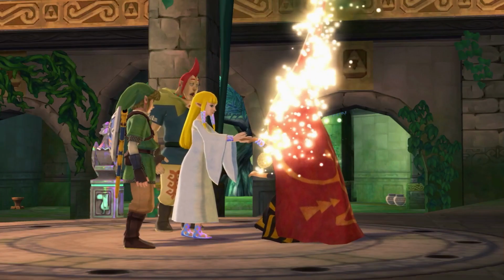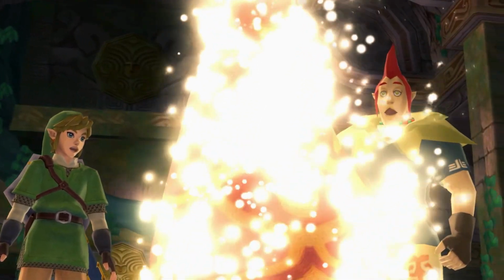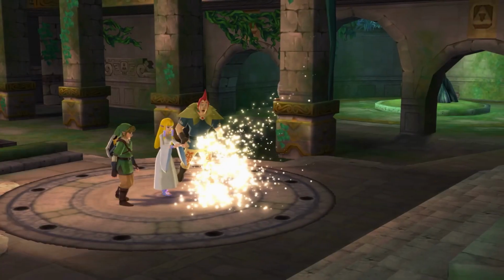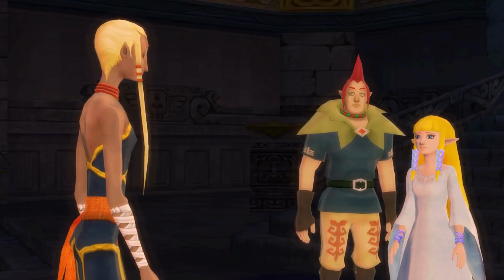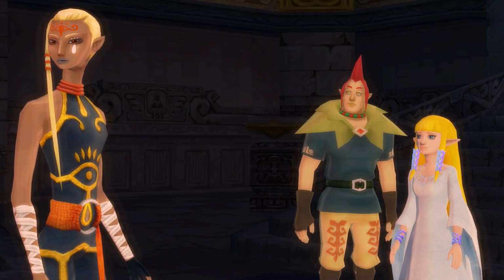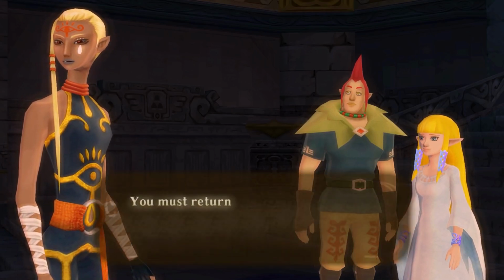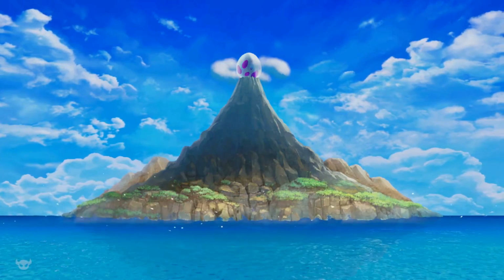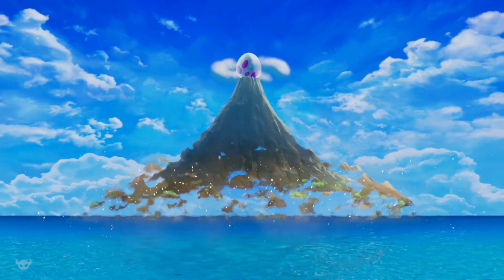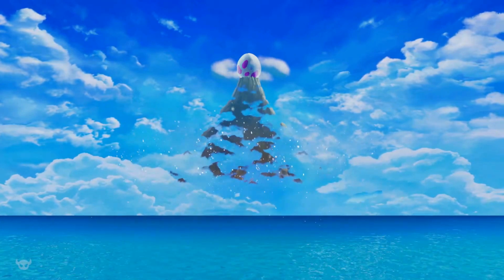Impa from Skyward Sword is another perfect example of this. Yes, she's there throughout most of the game. Yes, you develop a relationship with her, but she dies just because she's ready to let go. It's kind of a nice moment where you're like, oh, good for her. She's done protecting Zelda after all these years, and now she can finally move on. That's kind of sweet. Then there's the people of Colent. Yes, I know it's an entire island of people that disappeared, but they weren't real. Get mad, I don't care, I said it.